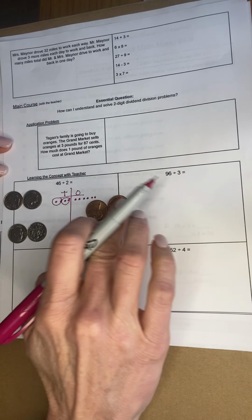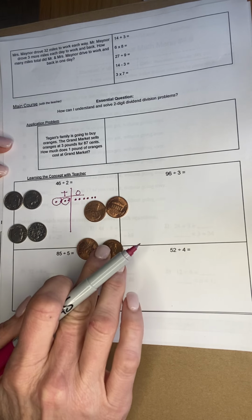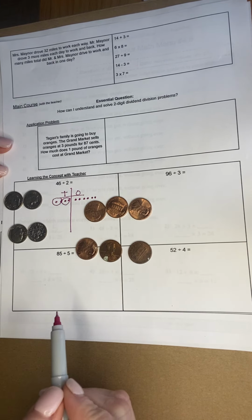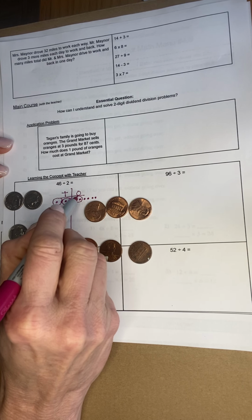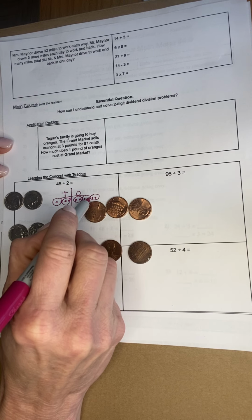I can put, here's a group of 2 and a group of 2. There's another, there's another, there's another, and another. And if I didn't have coins, I could easily do this. There's a group of 2 and 2 and 2, putting them in